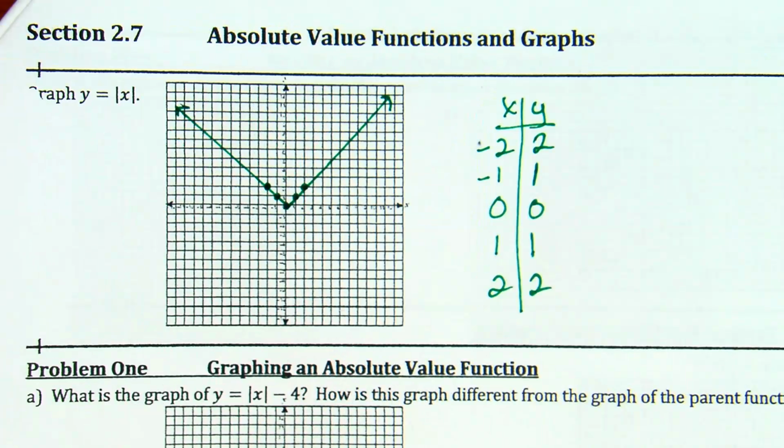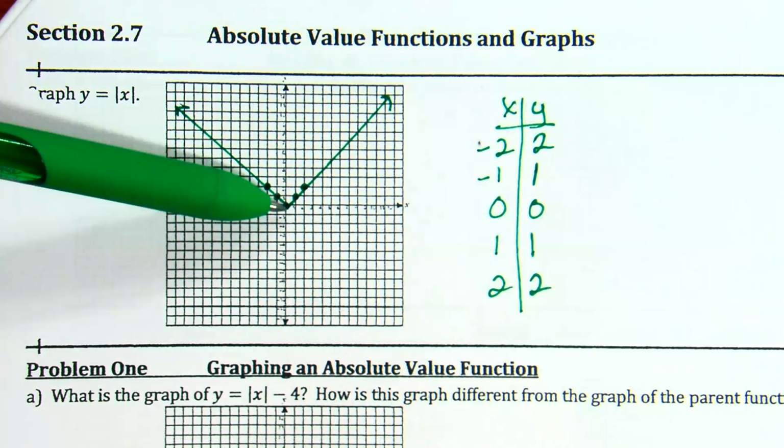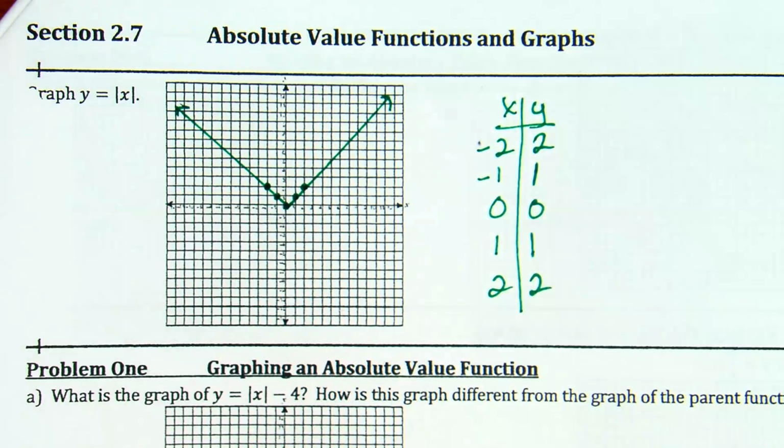Okay? So, things to realize here, guys. Your original V is centered at 0, 0. And what is the slope of the sides of that V? A typical slope is going to go up 1 over 1, yes? So on the right side of the V, it's up 1 over 1 in the positive direction. And the other one is up 1 over 1 in the negative direction, yes? Okay. That's what I want you knowing when I say absolute value graph: it's the V, centered at 0, 0, goes up 1 over 1 on both sides.